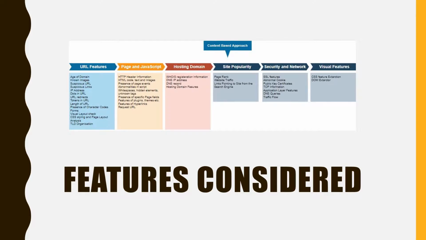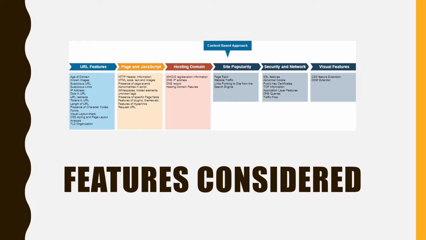etc. Under hosting domain, all the information related to the domain features are taken into consideration, like DNS record, DNS IP address, hosting domain features, etc. Under site popularity features, I took page rank and website traffic. Links pointing to the site from the search engine are also taken into consideration, which is a new thing. Very few others have taken site popularity features into consideration, and I have added 2 3 features more into my